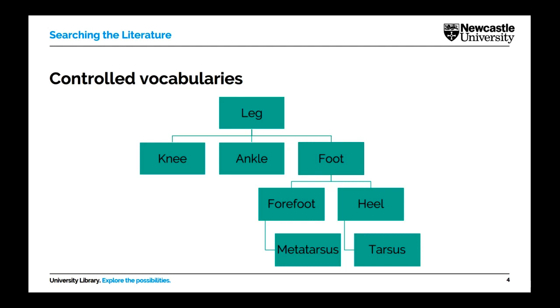However, in a controlled vocabulary database, such as Medline, such as PsycInfo, CINAHL, the database will ask you to think more closely, more carefully about the type of words that you're using. You'll be given the option to include leg in your search, but it also prompts you to think about the different anatomical parts of the leg and whether these are relevant to you or not. So it may be that you want every part of the leg included in your search, from knee down to different parts of the foot, or it may prompt you to think, well, actually, I'm specifically looking for knee injuries or a specific part of the foot. And so it guides you through your search and asks you to think about that relationship a little more carefully.